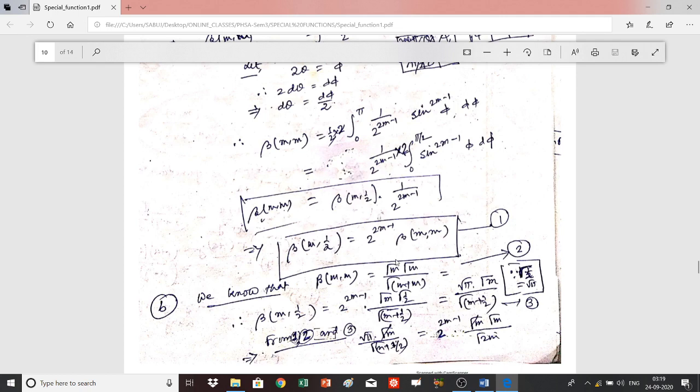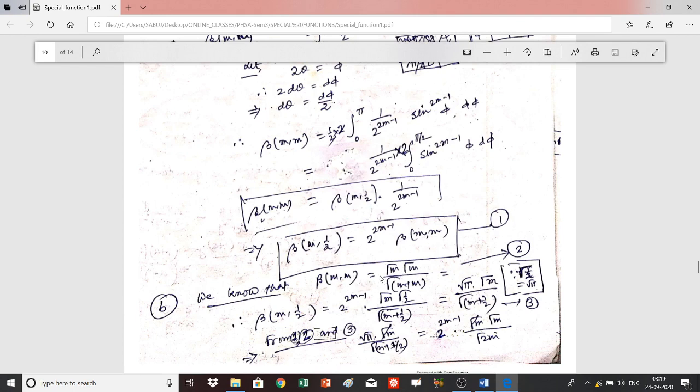And now although we are not yet aware of the properties of the gamma function or the relation between the gamma and beta functions, here just consider this and we will prove that beta m n is equal to gamma m gamma n by gamma m plus n. This property will be proved in the second part of this chapter. So just write this, and once we prove this, it will not be very difficult to remember.